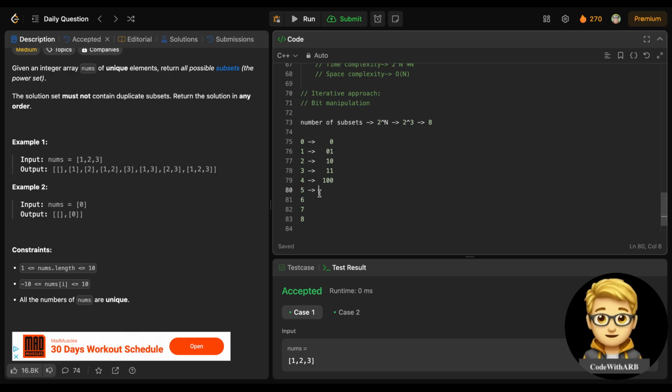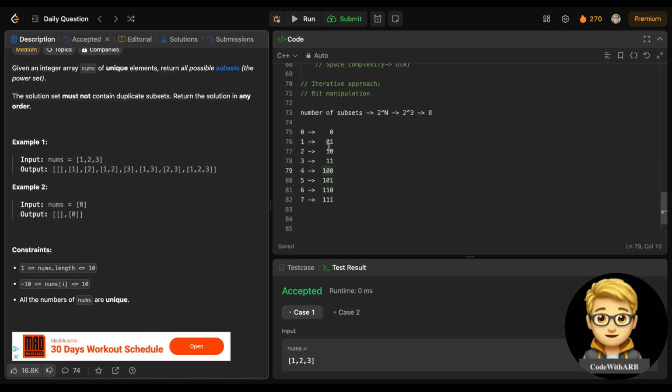And for 5, this would be 1 0 1. This 6 would be 1 1 0. Like this it will go, right? I'm writing it to show you something. This 8 should not be here, because there are 8 elements already: 0 1 2 3 4 5 6 7. So this 0 part is indicating the empty subset. Why am I telling this? We have all the options which we need here.